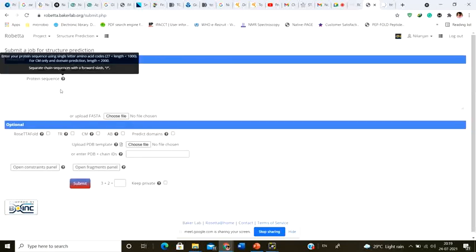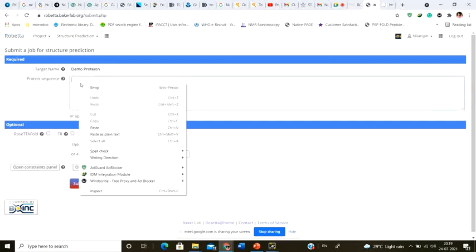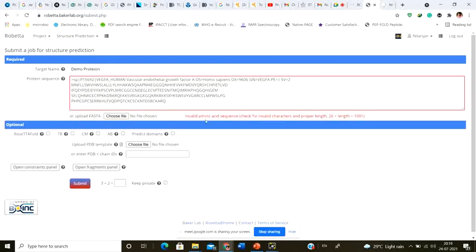Now in this particular case, if you hover your pointer to this question mark, it is going to tell you what to do. For example, they say to enter your protein sequence using single letter amino acid code. So you don't need to upload the FASTA format. If I upload the FASTA format, they are going to say invalid amino acid sequence.